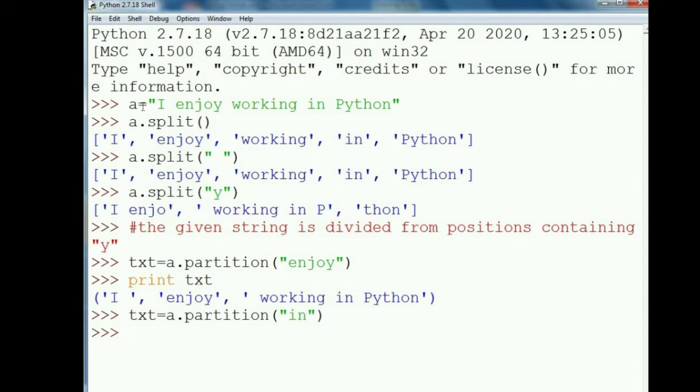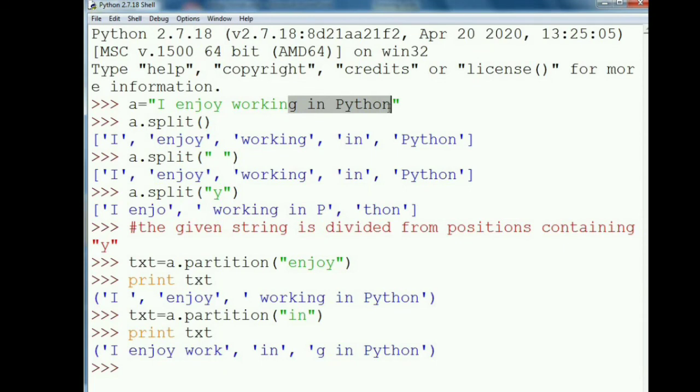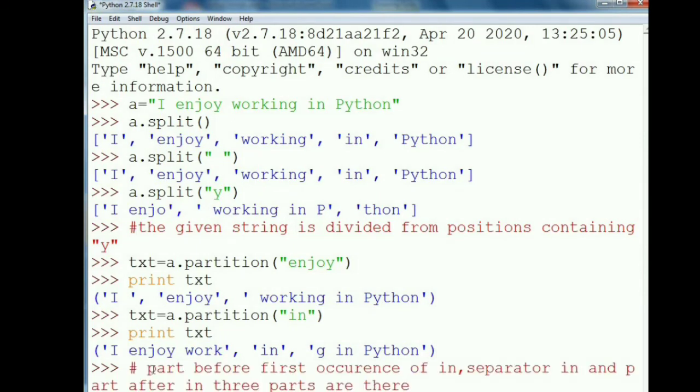There are 2 'in's, but the first occurrence is in 'working'. The part before 'in' is 'I enjoy work' and after 'in' is 'g in Python'. The 3 elements will be 'I enjoy work', 'in', 'g in Python'. You can give any separator to the split method and according to the separator we will get the result.